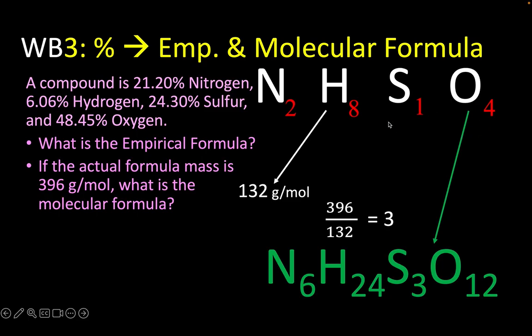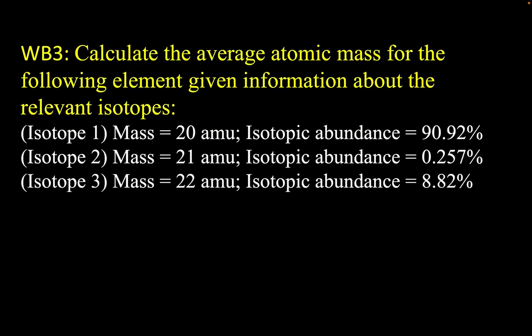So you take those percentages or mass data, you make them the subscripts, and you convert them to moles by dividing by the molar mass. If they're not all whole numbers, you divide by the smallest one to get the empirical formula. You find its molar mass, you compare it to the real molar mass, and it's always going to be a whole number multiplier, 1 or 2 or 3 or whatever, to get the actual molecular mass. Right? You will also see average atomic mass